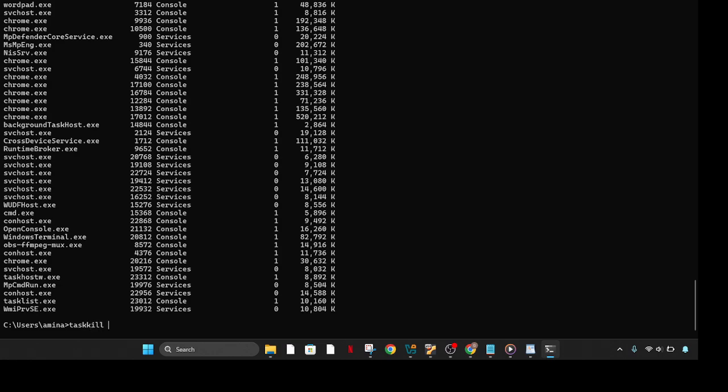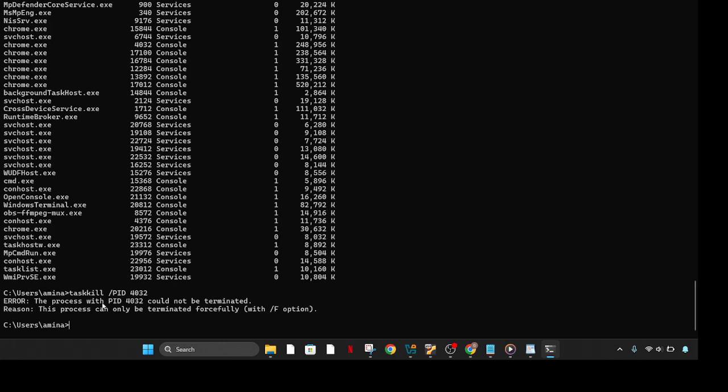In this case, we are going to just write taskkill, then /PID, program ID or process ID. So in this case, we are going to use our program ID. Maybe let's try to use Chrome. In this case, we have got 4032. So we are going to write 4032 and run. Okay, the process with that PID could not be terminated. The process can only be terminated forcefully with the /F option. So if we want to terminate that task, we are going to write taskkill